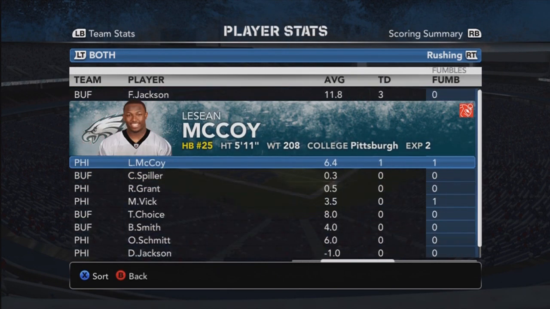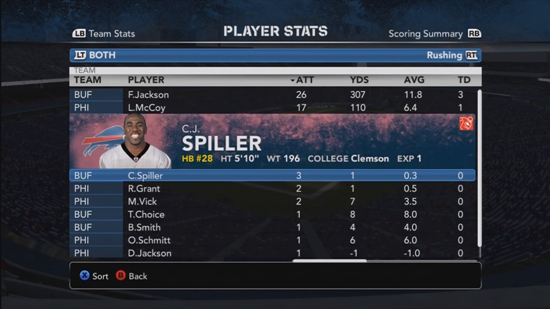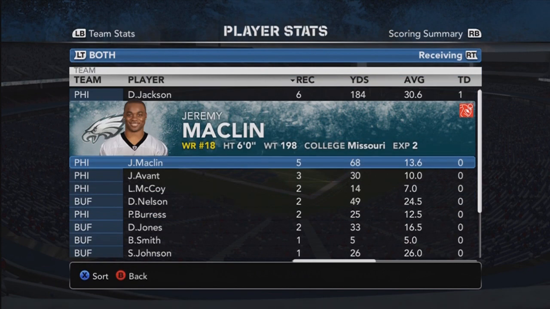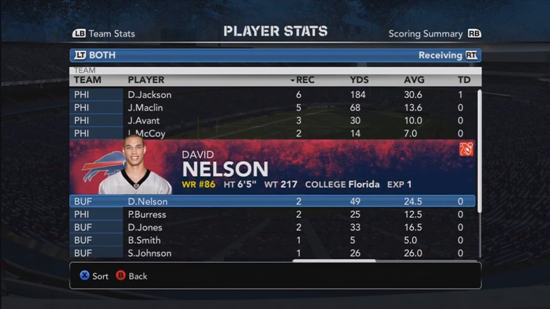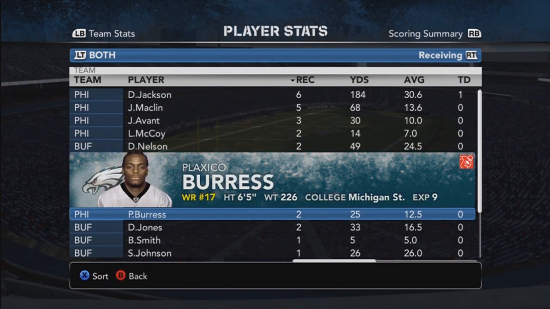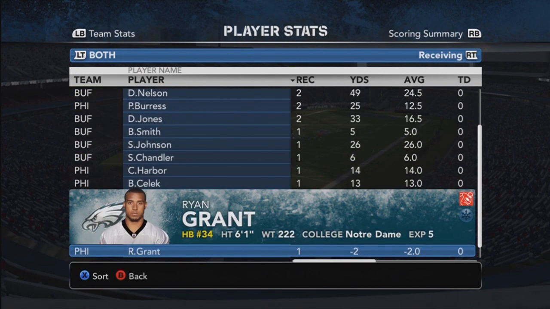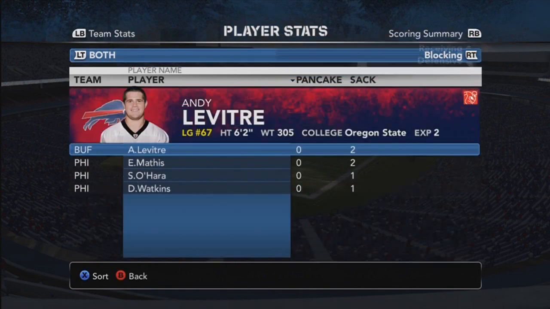We would have won this game if LaShawn McCoy did not fumble the ball right there. Yeah, what a costly turnover, and just like in real life, the Eagles are self-destructing. So this is a team that we're supposed to beat, and we end up losing the game. I don't know what to tell you, but yeah, these are the stats for the game. You see here, Fred Jackson 307 yards rushing. My God, LaShawn McCoy did have 110 yards rushing, so both running backs did have